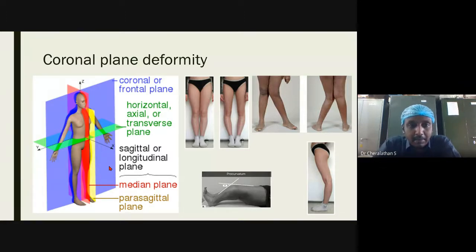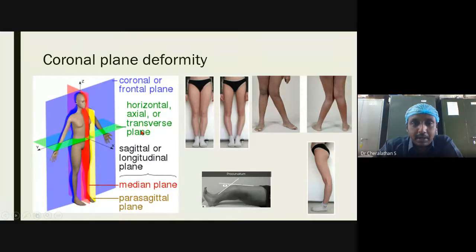Now another plane which is perpendicular in a different axis to these two planes is the horizontal plane or the axial cuts, like how we chop the fish when we get it from the stores, right? So you chop it axial. That plane is known as the horizontal, axial, or transverse plane. Hope there is no confusion about the planes now. You all must be knowing it, just to have a refresher, right? So this picture, we consider it to be a normal knee alignment.